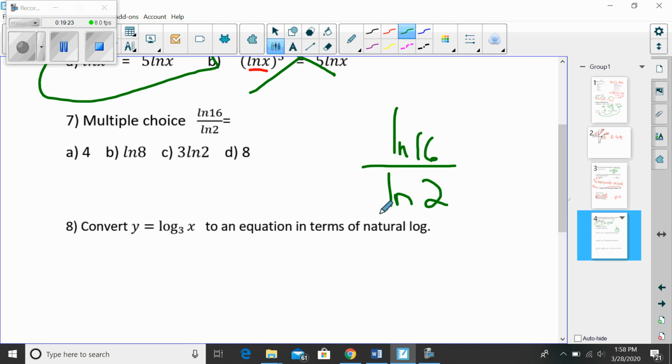If that were the case, then sure, they would divide to 1. But no, it's natural log of 16, right? This would be like the equivalent of saying that f of x divided by g of x